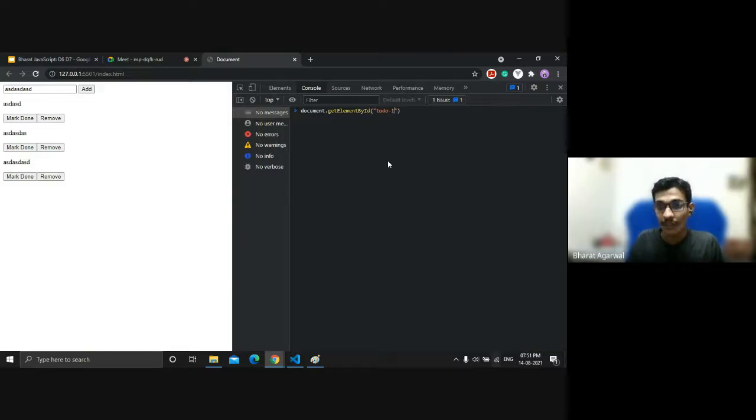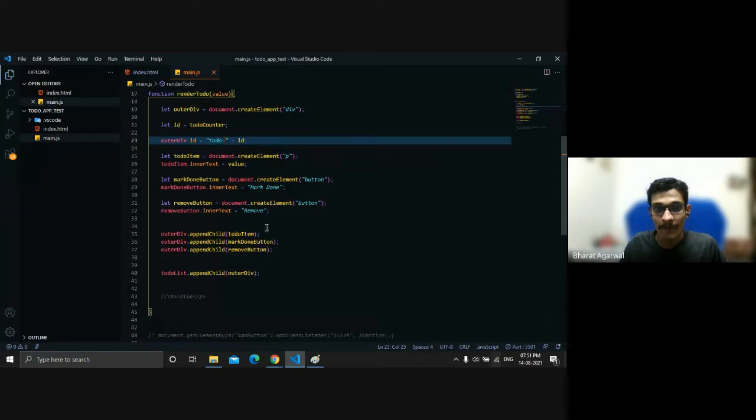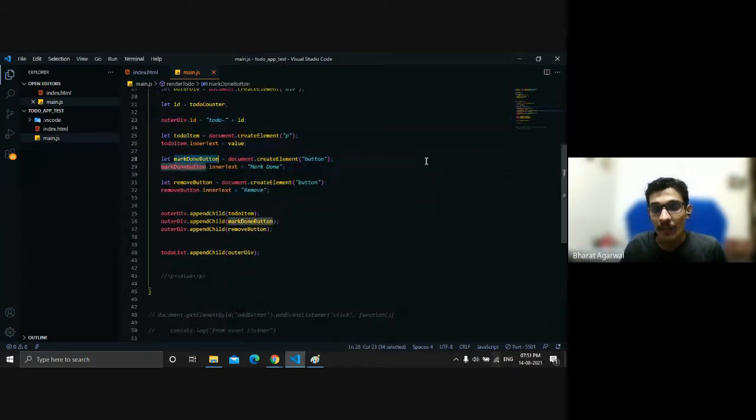To do -1. You see, I got the first node, and I can perform any type of action like style.color equals to red. You see, the color has changed. So that's how we also do with the markdown as these options.